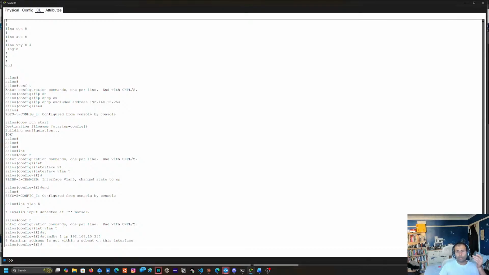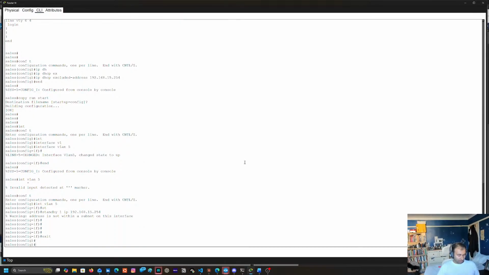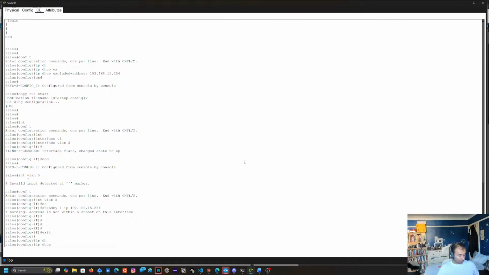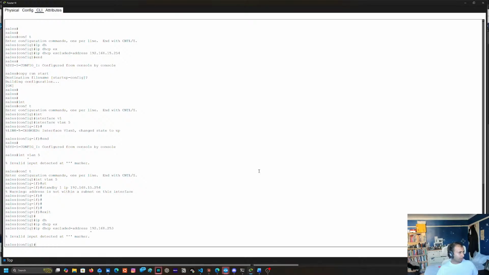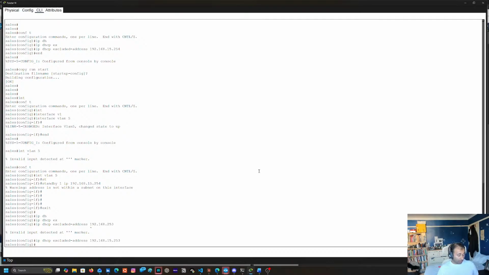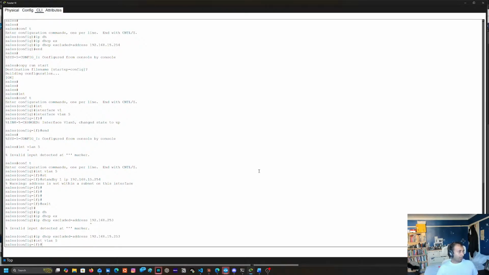So interface VLAN is 131.254. So I need another one. All right, okay, that's fine. Exit that out. We'll do another IP DHCP exclude address, and we'll just create that on 253, because it's management anyway. Oh right, okay, 15. Because that's useful anyway. And then we'll do the standby on the interface VLAN 5. We'll assign the IP address of